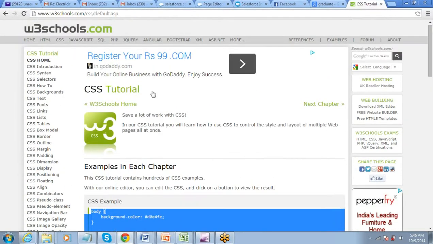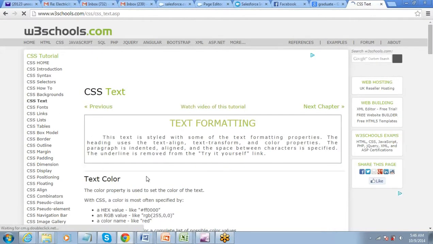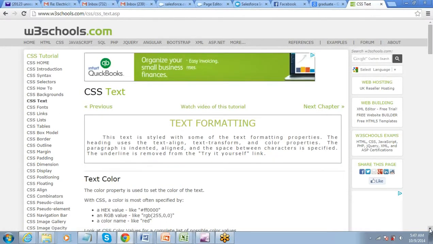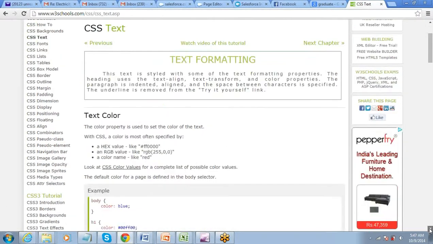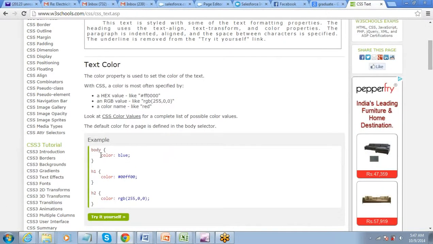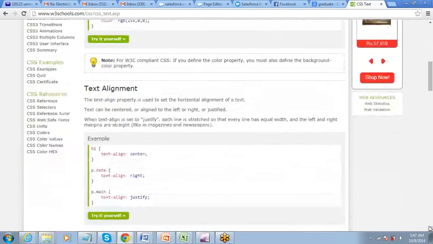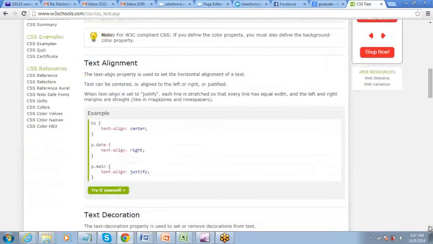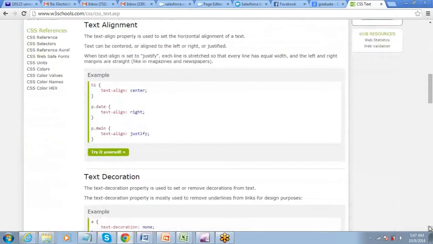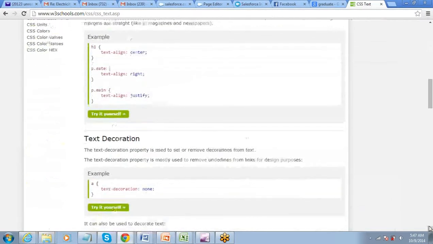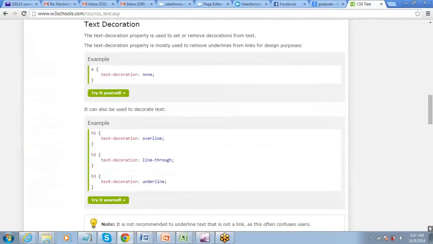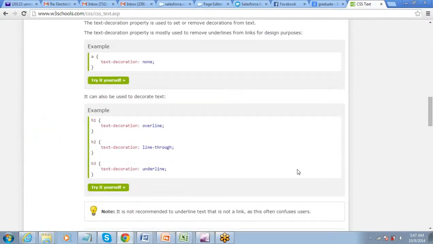If you see CSS for text, for text formatting, color blue, color this, that, all that stuff. This is how you need to define the CSS.